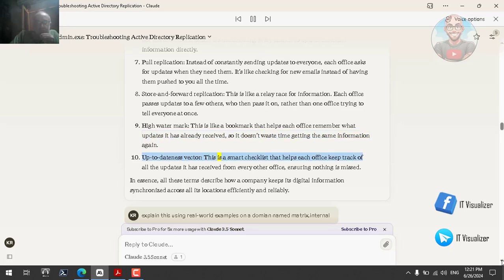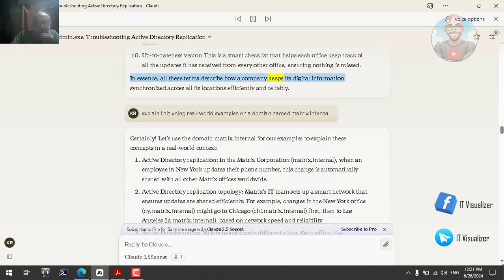Up-to-dateness vector. This is a smart checklist that helps each office keep track of all the updates it has received from every other office, ensuring nothing is missed. In essence, all these terms describe how a company keeps its digital information synchronized across all its locations efficiently and